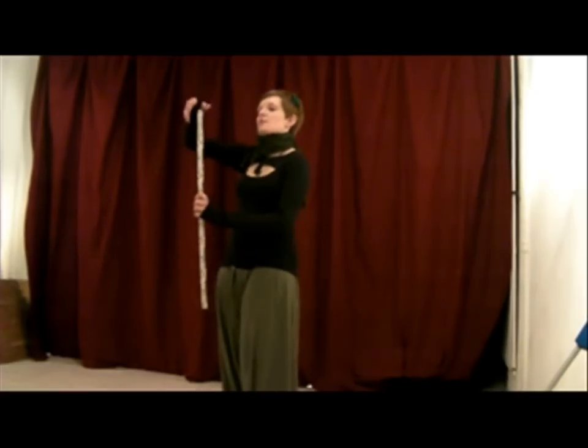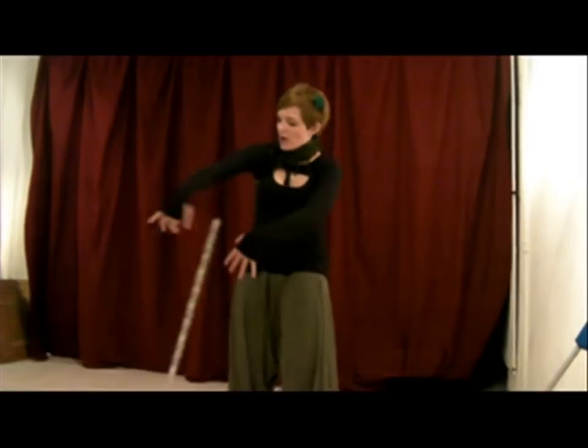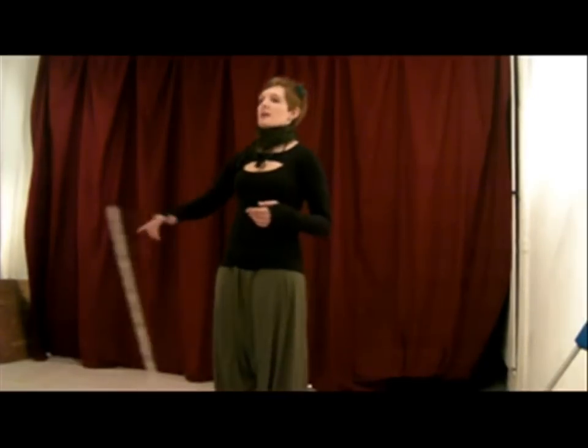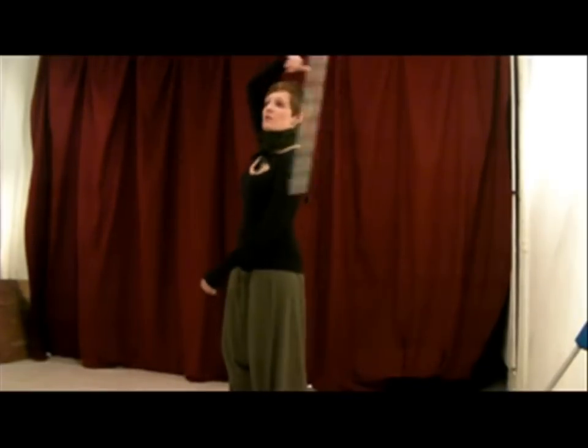So you want to try and just make sure that you've got your fingers pointed down the whole way. You'll see sometimes when I'm doing it, as it comes round, especially when it's going under my hand, I tilt my hand towards me just so that I've got that little bit of space, and that makes it much, much easier. I'm already getting brave, because once you've got that idea of going with it,